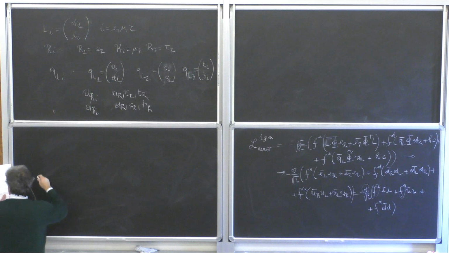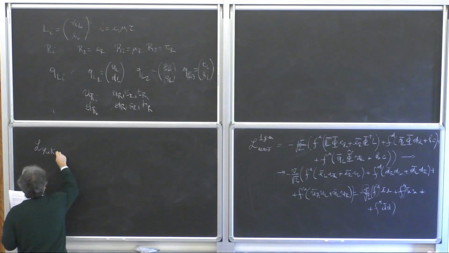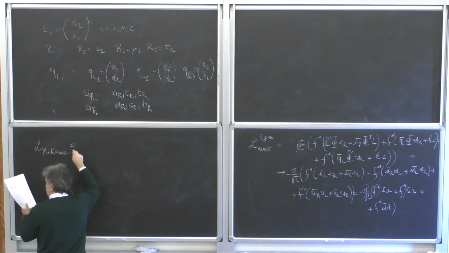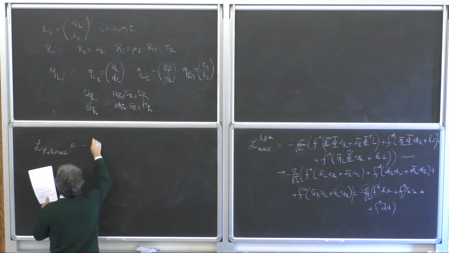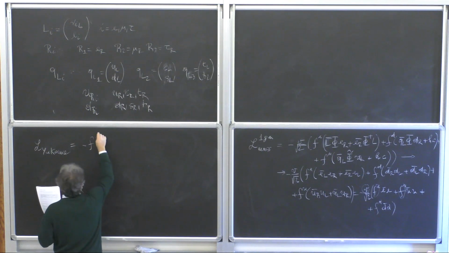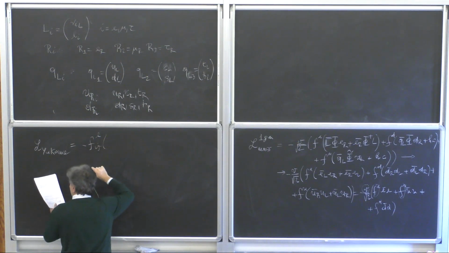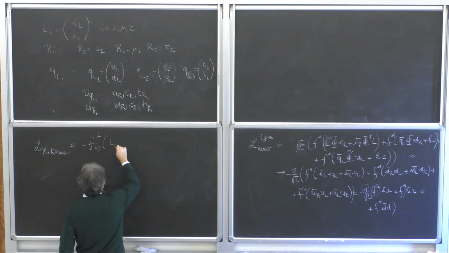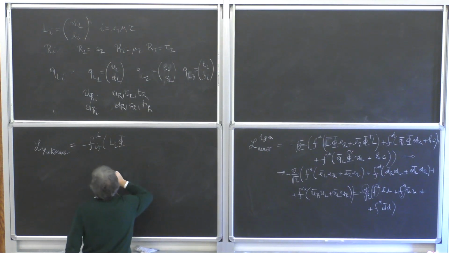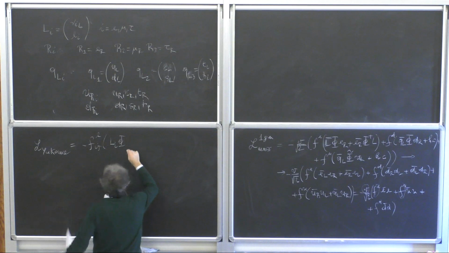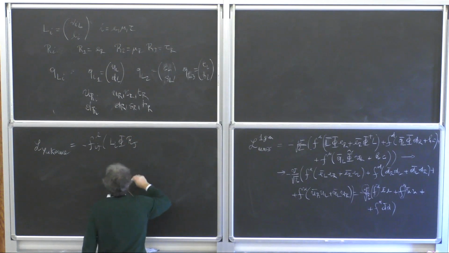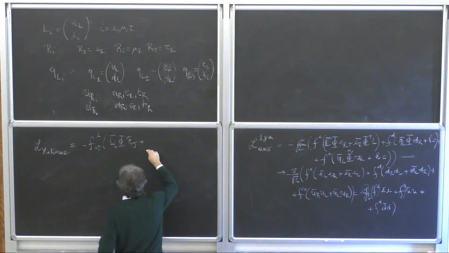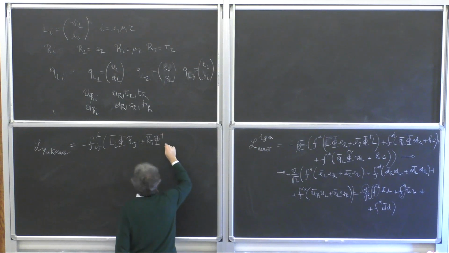So we have the Yukawa part of the Lagrangian, which is now minus f^L_ij L_i phi R_j, plus R_j bar phi dagger L_i,